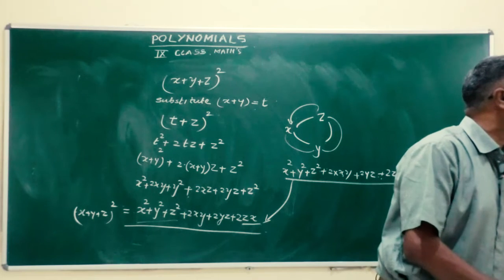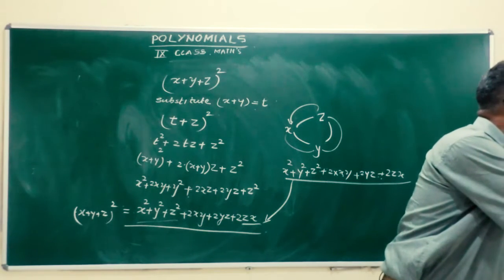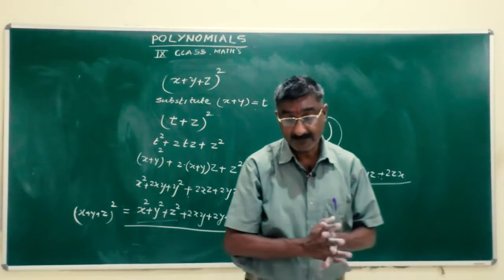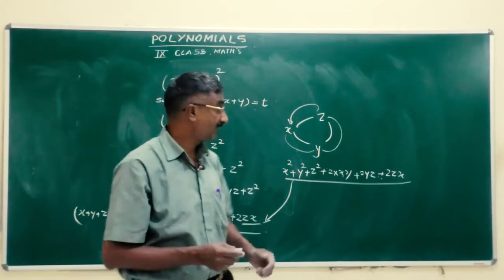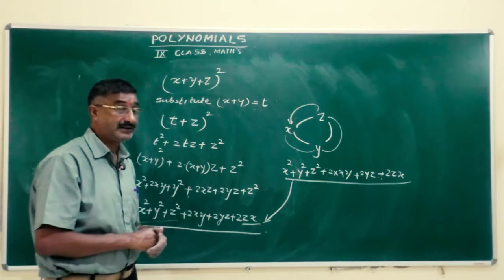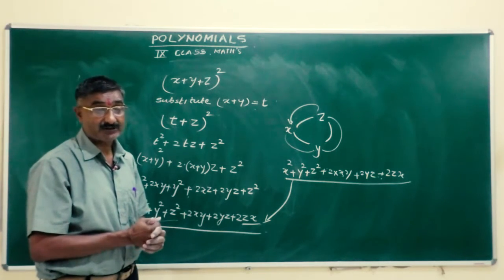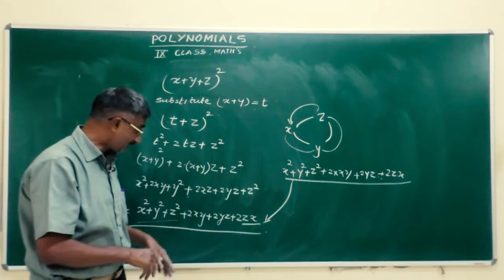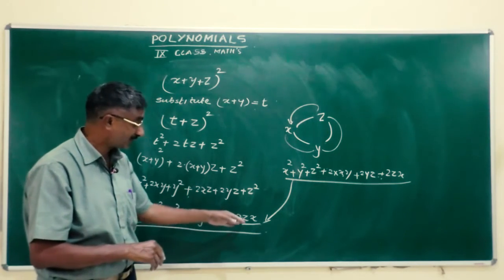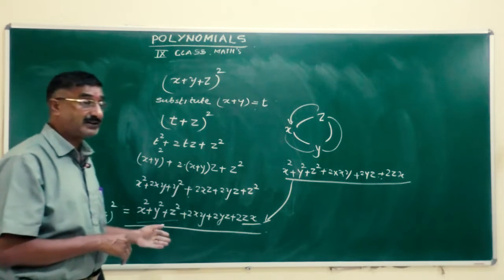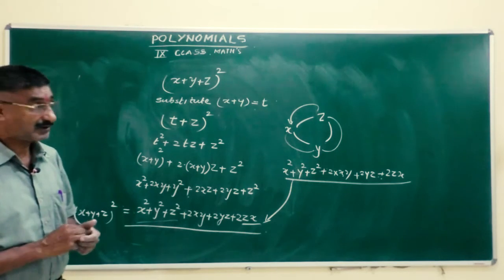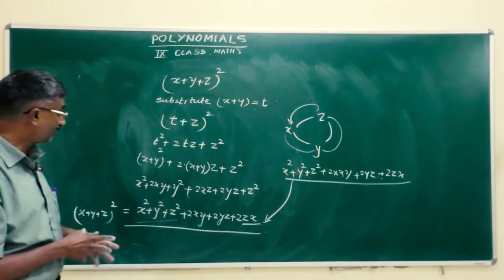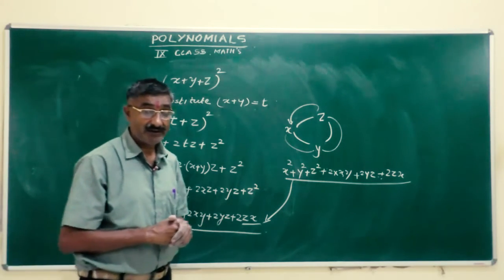value. You must know exactly how their values came and how they are solved. x plus y plus z whole square is x square plus y square plus z square plus 2xy plus 2yz plus 2zx. All these are with 3 variables, and the variables are all real numbers. You can substitute the values in real numbers, you will solve it and you will get the answers.